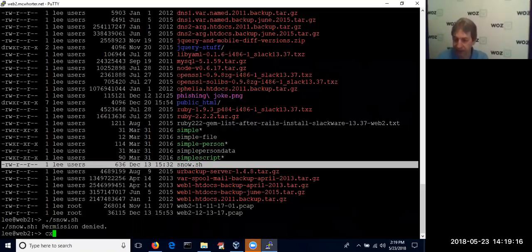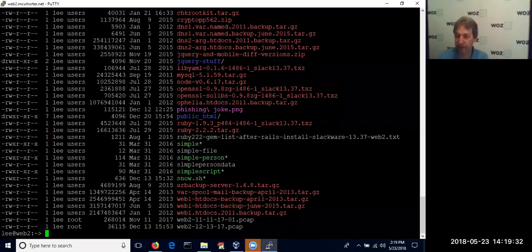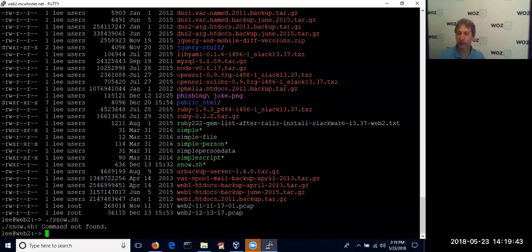But if I use the chmod command we learned in Network Foundations to change this, right now it's 644, which is read, write, read, read, I want to change this to 744. Now that will give me all permissions, and we'll take a look. You'll see now it changes to green. It's got an asterisk because it's executable. I can execute it, but nobody else can. But now, if I use my up arrow to go back and repeat,